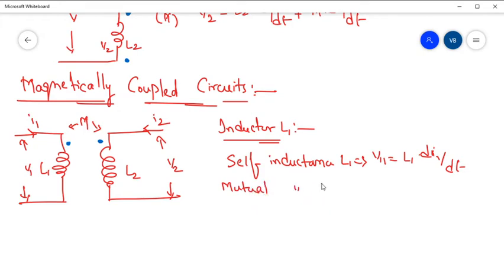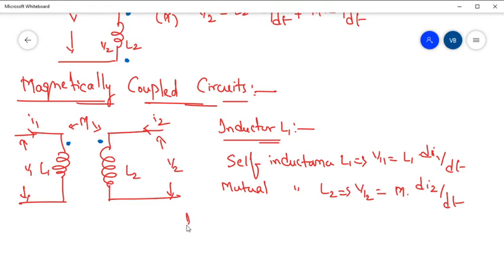So what is the mutual inductance by L2? Let us take V12 is equal to M into, by the inductor L2, the current that passes is I2, so di2 by dt we can take. Okay, are you clear with this? Here, why have we taken M as positive? Here I1 is entering at the dotted terminal, and I2 is also entering at the dotted terminal.